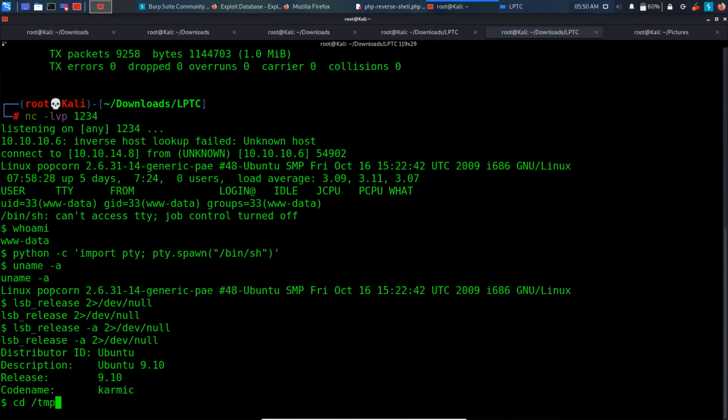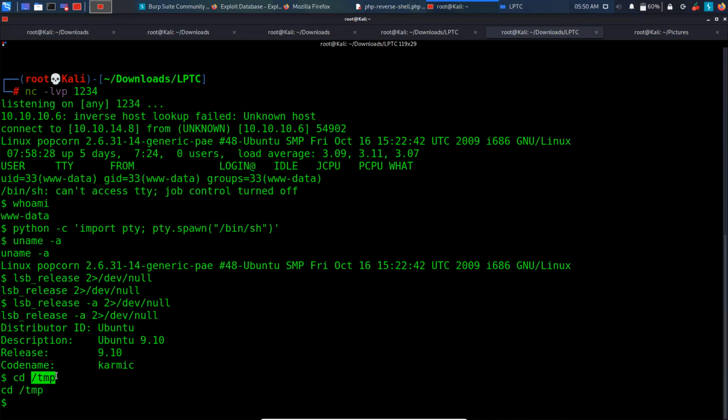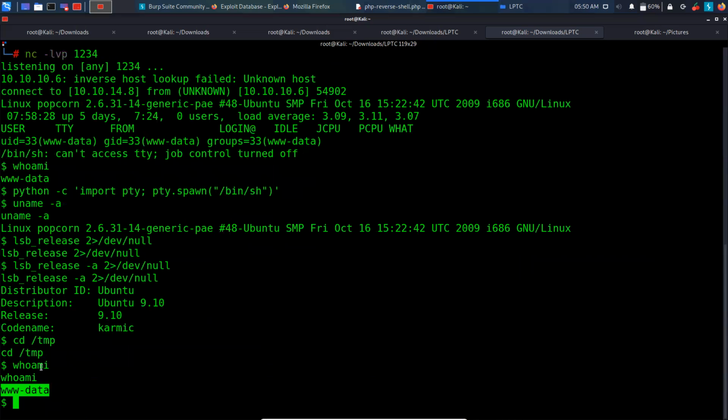So we can go into the temp directory. Why we are going into the temp directory is that right now we are www-data, and this directory allows us to create and execute files over here, because this is just a temporary directory. So imagine there is a web server and there is an admin over there, and he just allowed an intern to play around with the web server. So he will probably give him www-data. So he won't be able to do much with the privileges, but he might be able to do normal tasks. So we go into this directory.